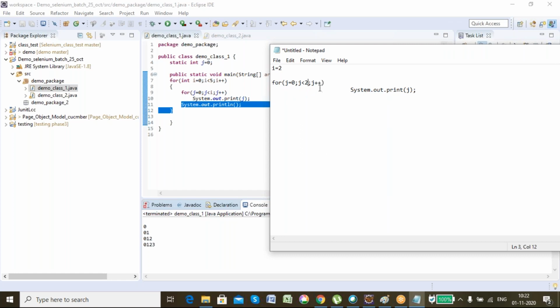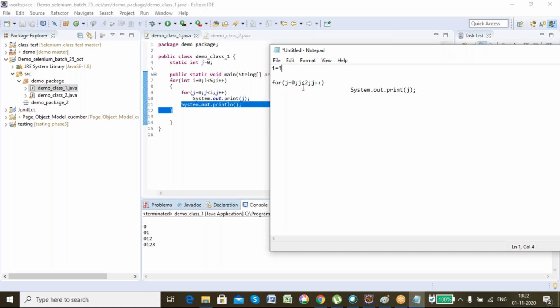Now the j value is incremented to 1, 1 less than 2, yes, so 1 will be printed. Now it incremented to 2, 2 less than 2 is false. It will come out of that loop and execute the println line, so the cursor will move to the third line. Similarly, then i equal to 3.